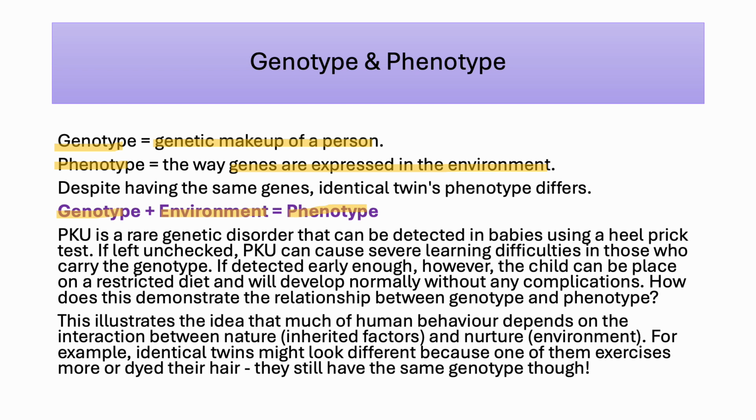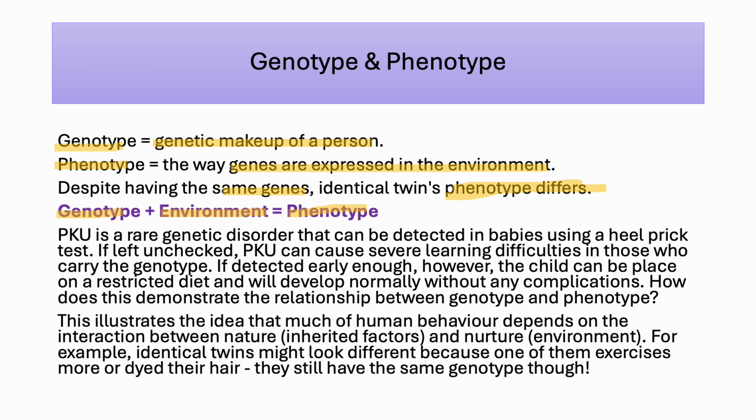Identical twins have the same genotype, they have the same genes, but their phenotype differs because their environment can change, especially as they get older and into adulthood. So my cousins are identical twins, for example, and for most of their life they did look identical and they acted identical. They had the same sort of dry sense of humour, and their mannerisms, everything was exactly the same, until unfortunately one of them had quite a severe